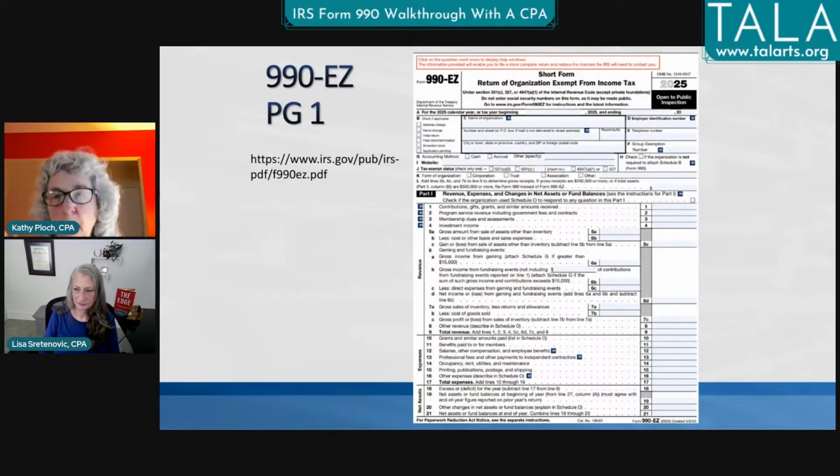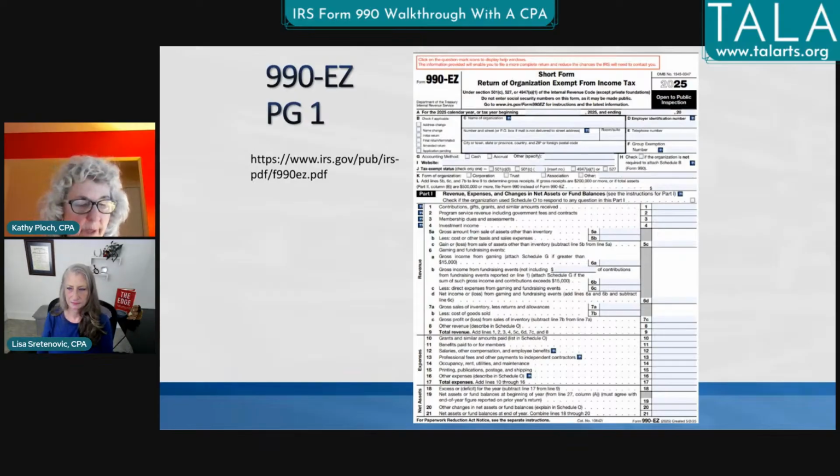The example, which is a little bit like what she's saying, is that if I buy a ticket to a gala for $150 and I know $50 of that is the value I get for the food and entertainment that I'm going to get, the $100 is actually the contribution portion.